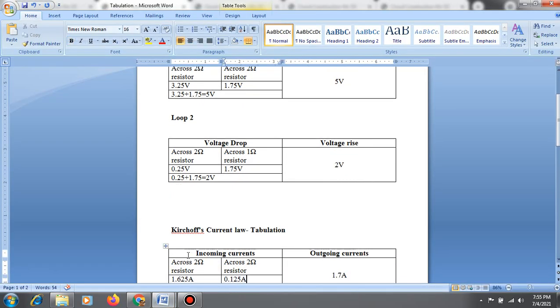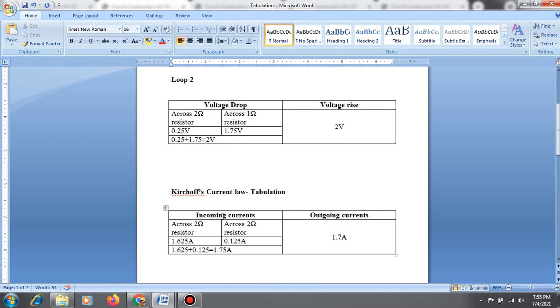So in Kirchhoff's current law tabulation, incoming current is equal to the outgoing current. This is our Kirchhoff's current law. You can note the value as, that is, the incoming current across the 2 ohm resistor is 1.625, and this across the 2 ohm resistor is 0.125. So if you add these two values, you will get,